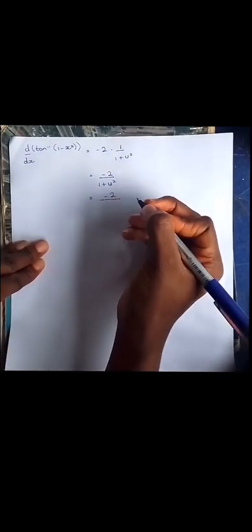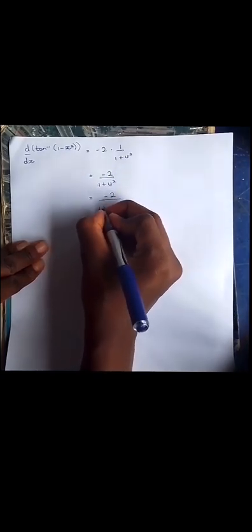And remember, our u was 1 minus x squared. I'm sorry, I can't get the paper off. I can still bring it back. Sorry. Our u here was 1 minus x squared. So we're going to substitute this 1 minus x squared into u. So we're going to have minus 2 all over 1 plus